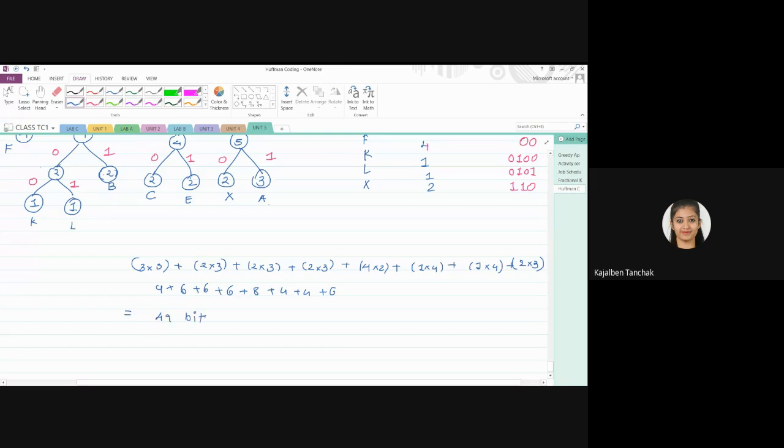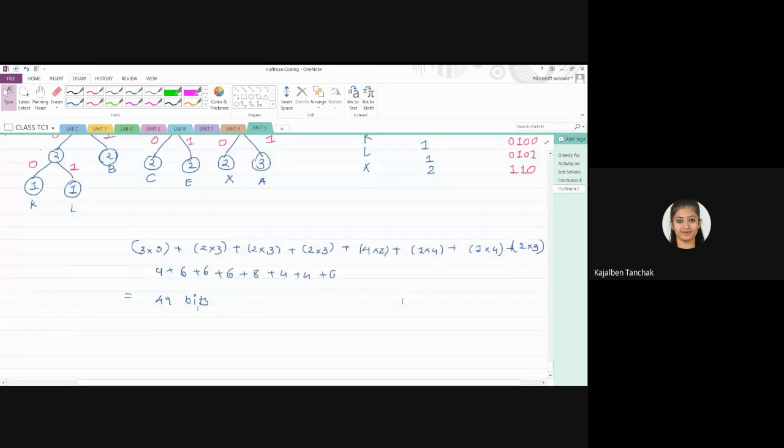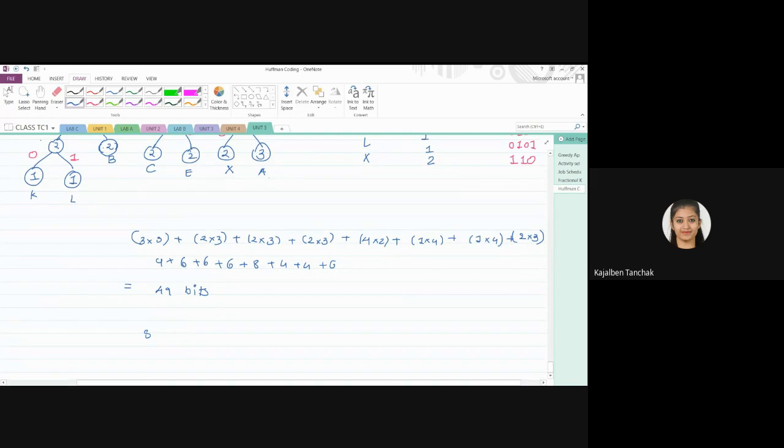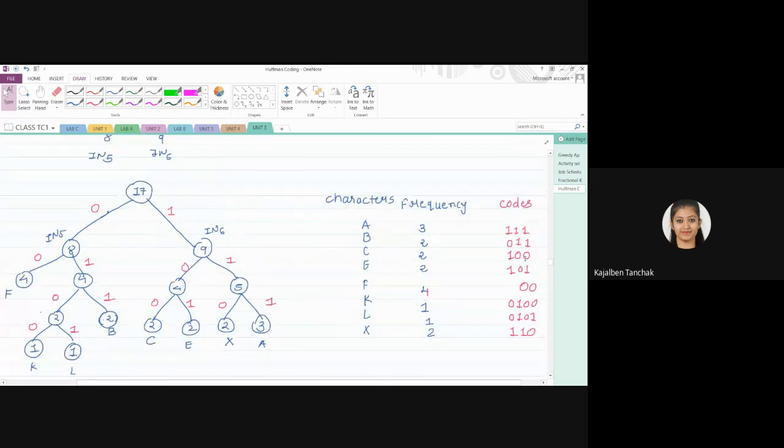Okay, to send the message, along with that, we have to send this code and characters. 1, 2, 3, 4, 5, 6, 7, 8. 8 characters into 8 bits, plus add all these bits, 3 plus 3, 6 plus 3, 9 plus 3, 12 plus 2, 14 plus 4, 18 plus 4, 22 plus 3, 25 bits.